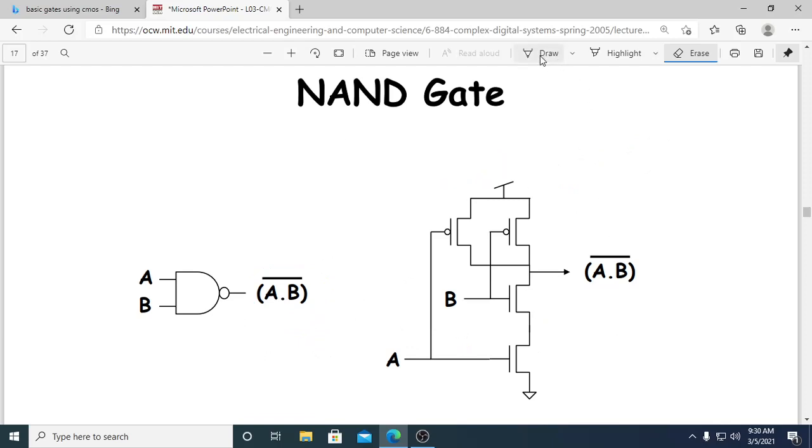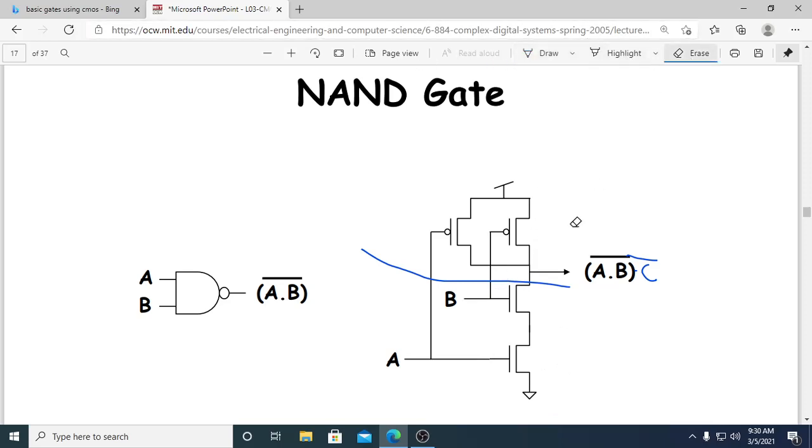First I will tell for PMOS. If an ANDing operation is there, you have to make this connection in parallel. That is nothing but both inputs are in parallel. So if it is A into B into C and it's complex, then three gates are in parallel. But whatever the inputs are in parallel in the PMOS, in the NMOS it should be in series. It should be in series. Okay.